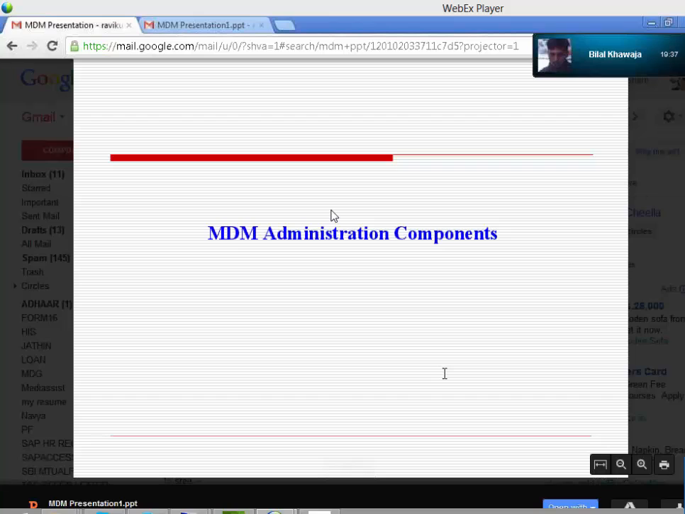This tool can be segregated into three types. We have different clients that can be utilized as a part of this SAP MDM, and those clients can be segregated into three types. They are administration components, client components, and the last one is server components. Admin, client, and server components. If you move forward to administration components,